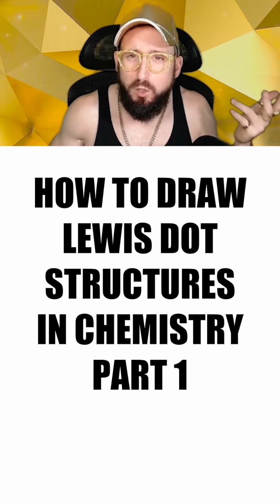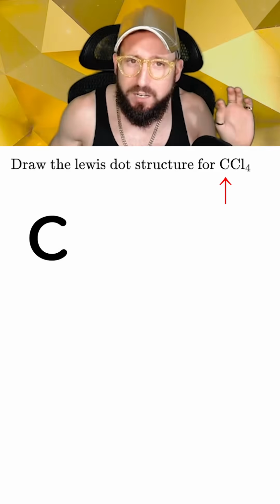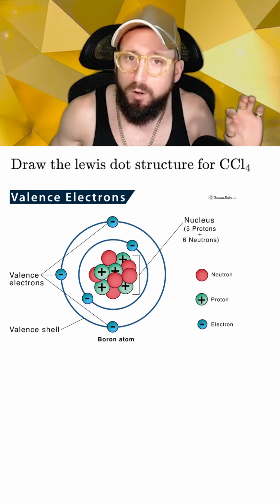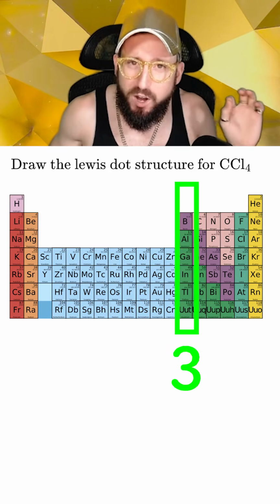Here's an easier way to draw Lewis dot structures in chemistry. When you're given a chemical formula, the first step is to identify what the individual elements are, and then add up the total number of valence electrons. You can figure out how many valence electrons are in each element by looking at the periodic table and seeing